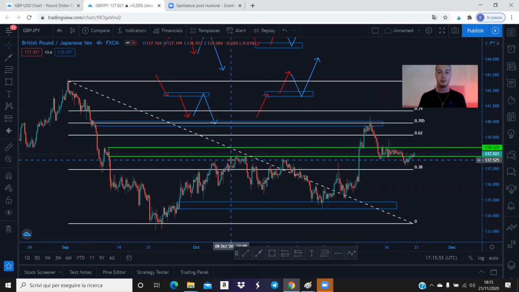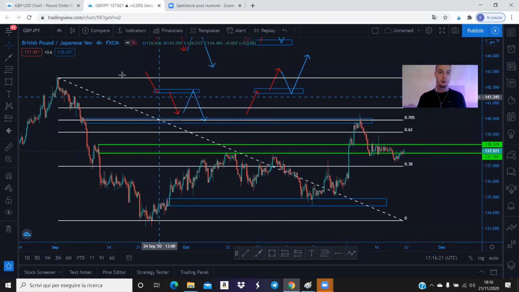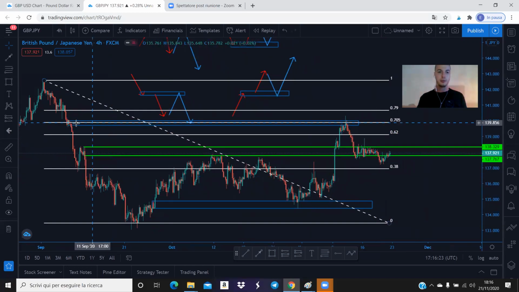If you want extra confirmation, you will need to be able and also willing to wait longer, because of course here you are not going to enter. Honestly, personally, even if I didn't have my Fibonacci's, I would have entered here because it is a perfect supply level, so I didn't need my Fibonacci's to be down in order to enter. But if you want extra confirmation, you put down your Fibonacci's, you identify your supply zone, which is this one,